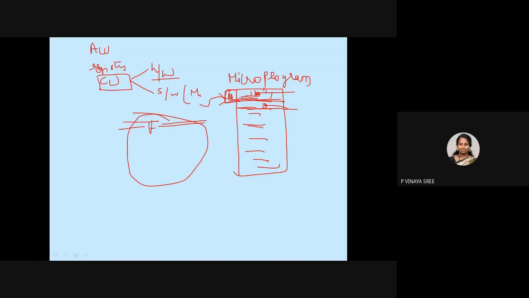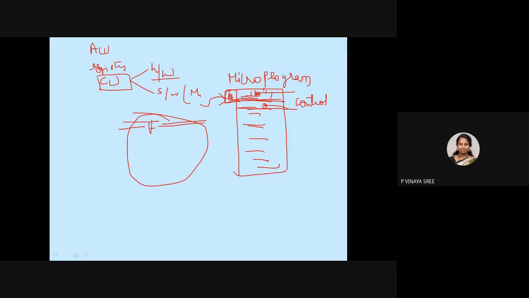If it executes them, the corresponding control signals will be generated. Based on that, the processor will know that it has to read the data from the memory. So don't consider that if a microprogram is executed, you'll get some values. If it is executed, it generates control signals.